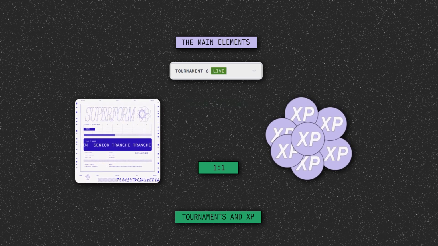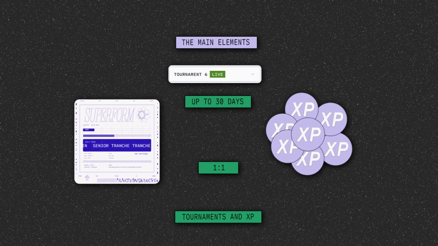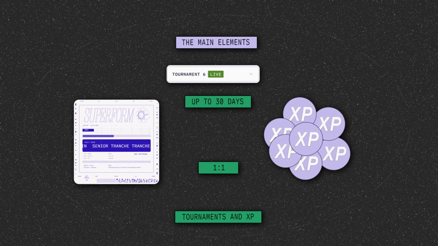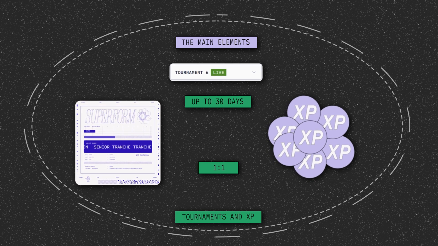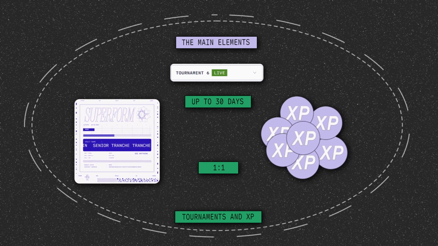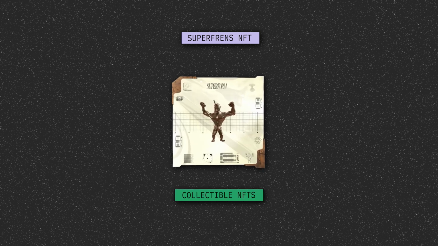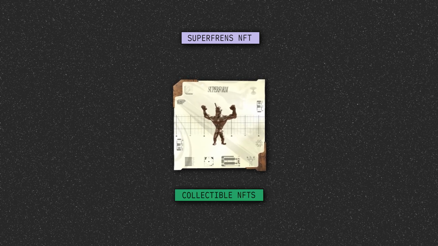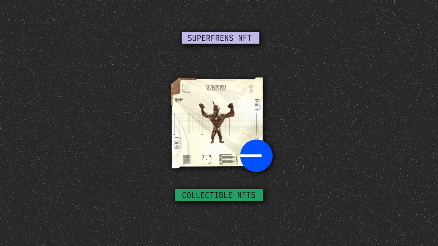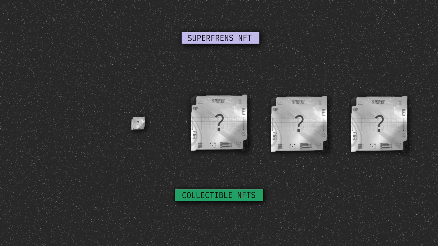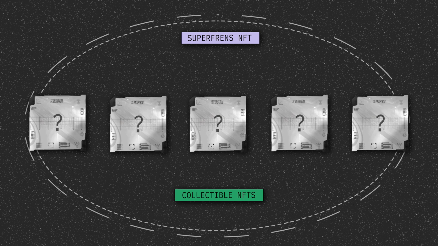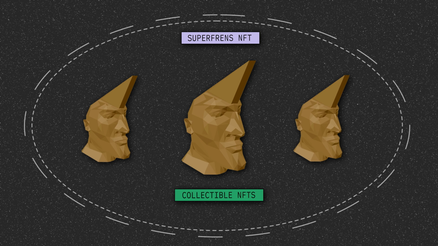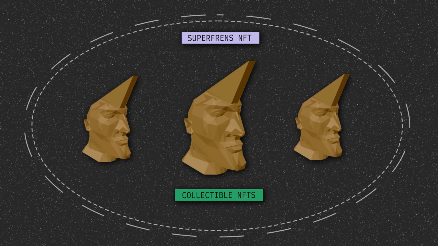Each tournament lasts up to 30 days, and 6 tournaments are planned in the first season. At the end of each tournament, a snapshot is taken to evaluate the tournament experience, which affects the rewards. Super Friends NFT. Super Friends are collectible NFTs in the form of animals that users collect for participating in tournaments. They are minted on the Base network. Each tournament unlocks a new Super Friend. For example, the first tournament rewards Super Chad, the wildest of all animals.